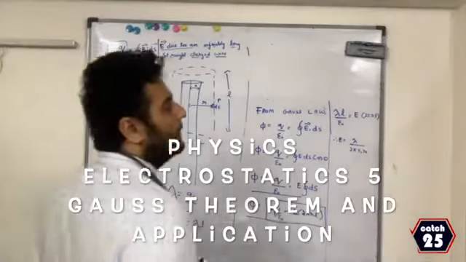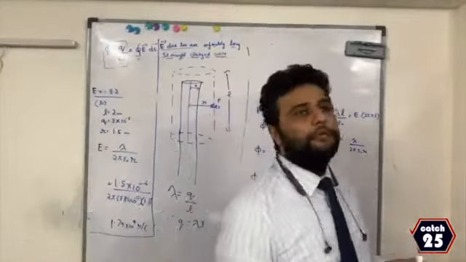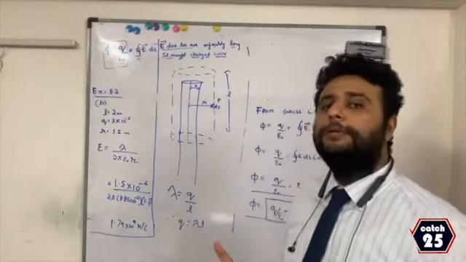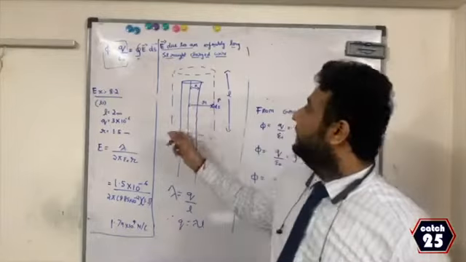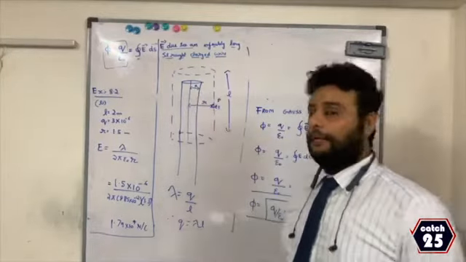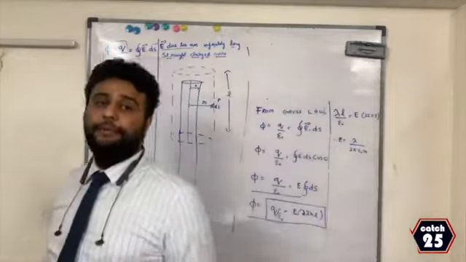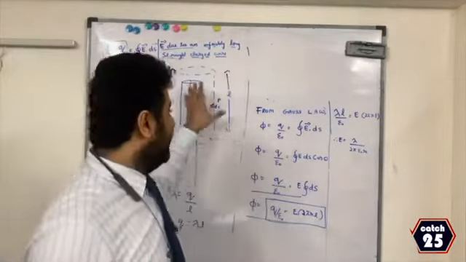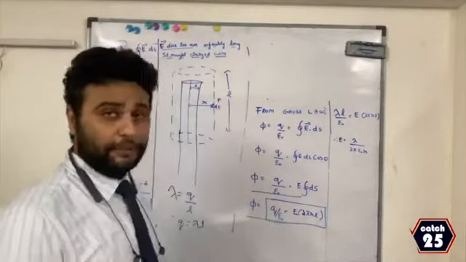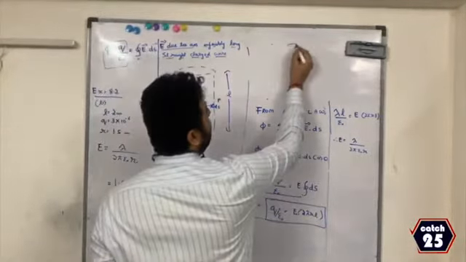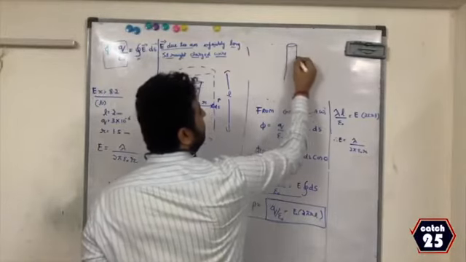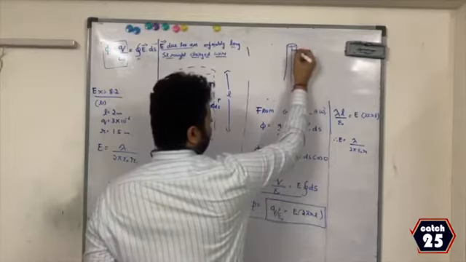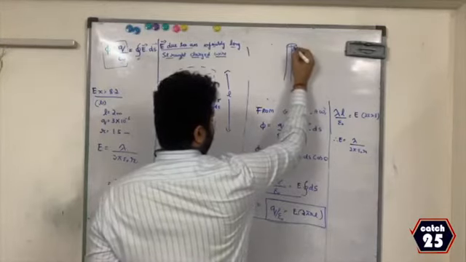Now the second application of Gauss that we will study is, you have to find electric field intensity at a point outside an infinitely long straight wire. In the first application we had studied a sphere. In this application we will study a wire. Here the diagram is drawn, but let me show you. Let me consider one wire like this. If you look at the board, this is the core of the wire, and let the distance be capital letter R.